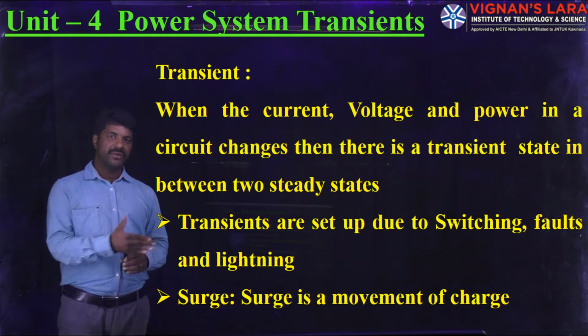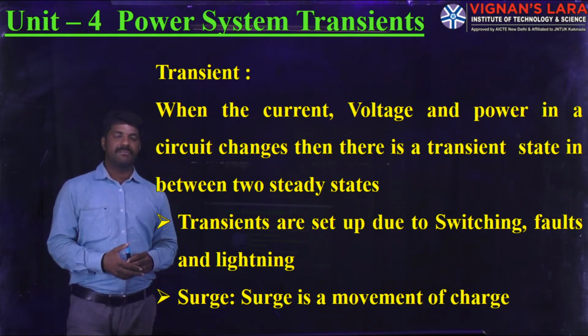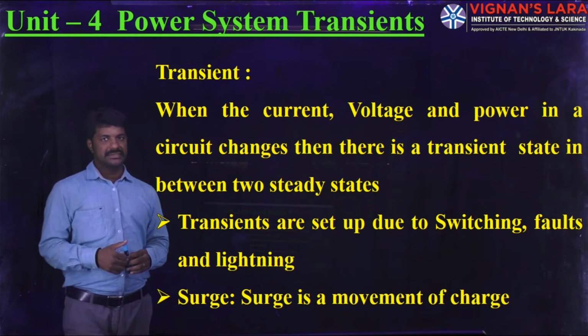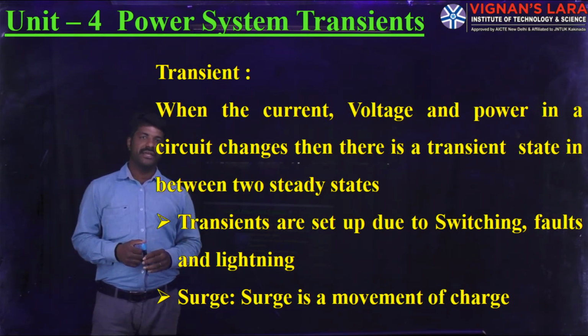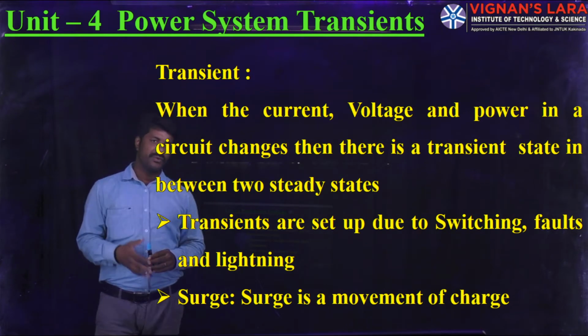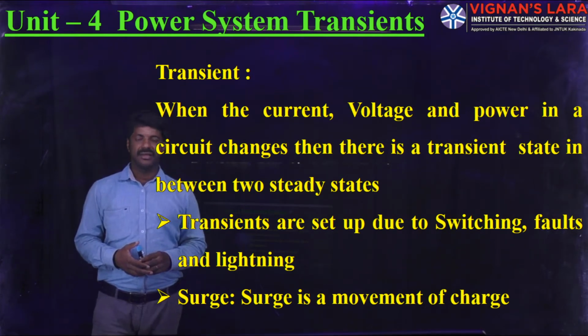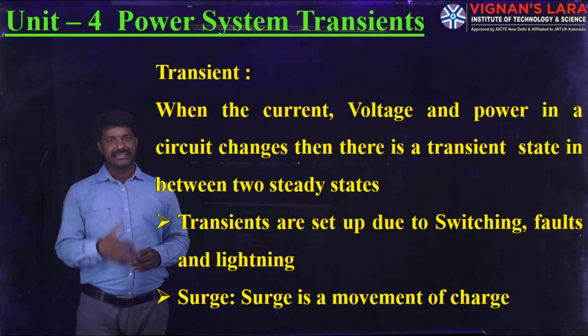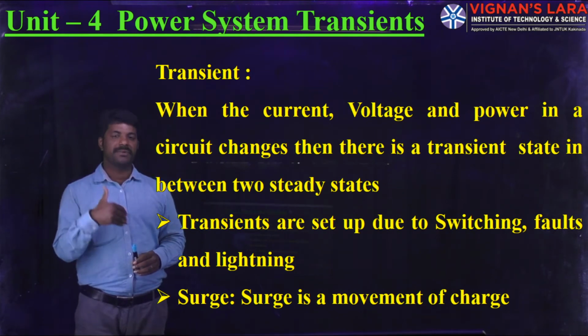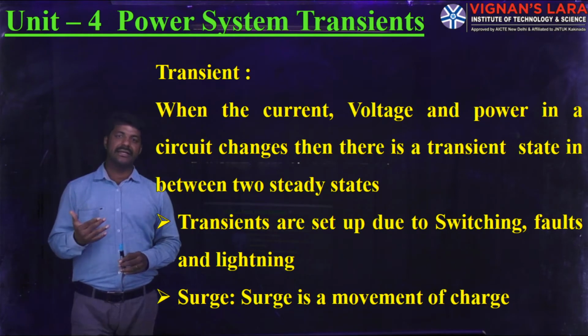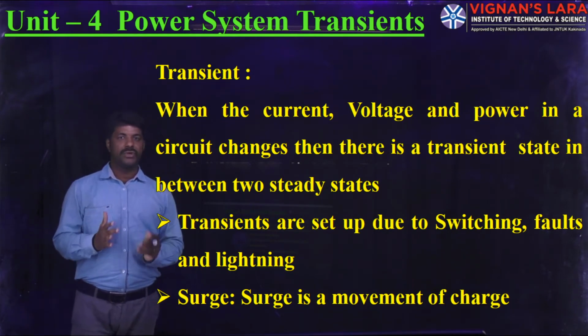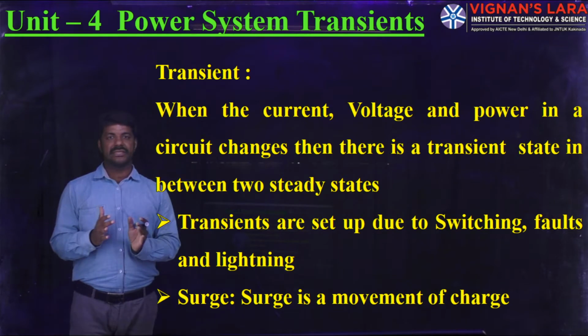Later we gave a brief introduction to the surge impedance, what is meant by surge, and how to define the velocity of the propagating wave, etc. And we have also seen how to represent the same long transmission line with its equivalent T network and equivalent pi network. Up to here we completed the first three units.